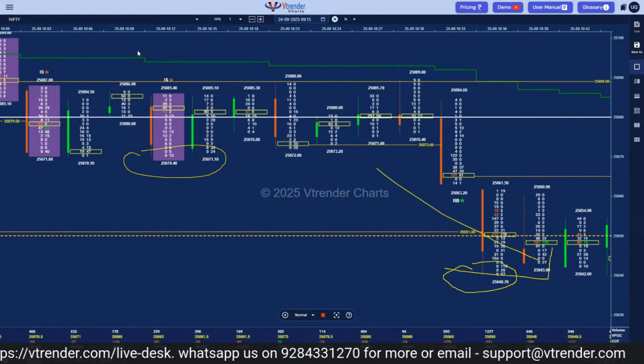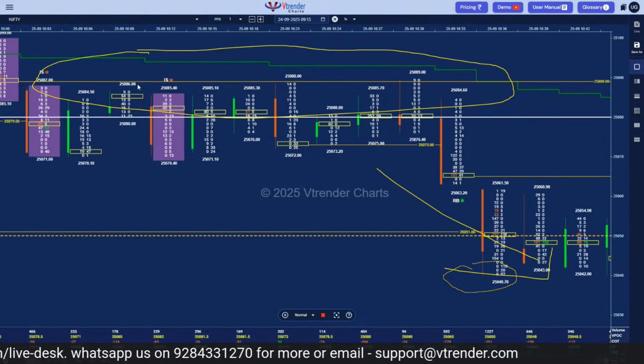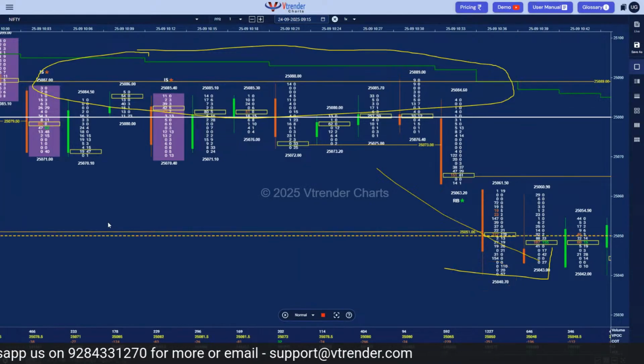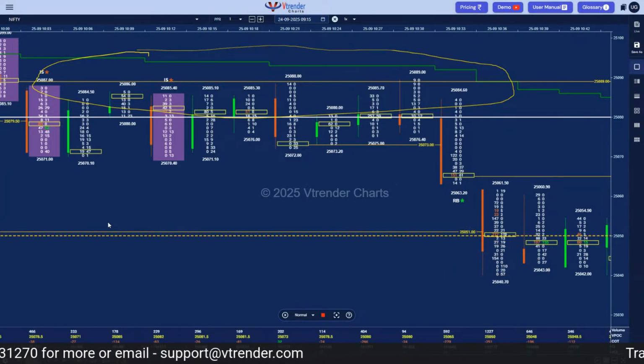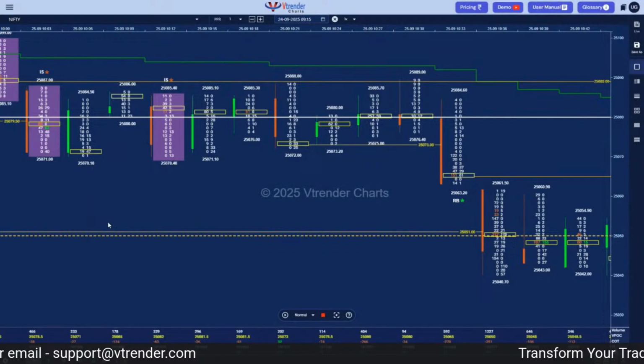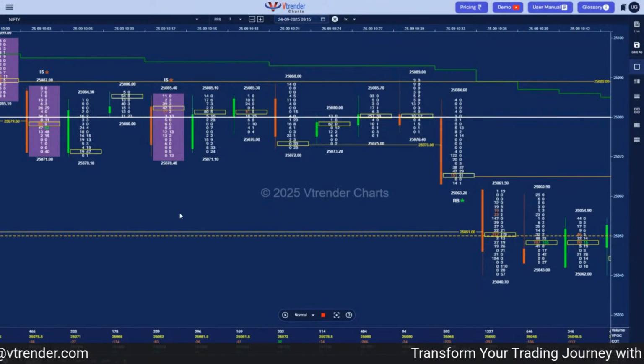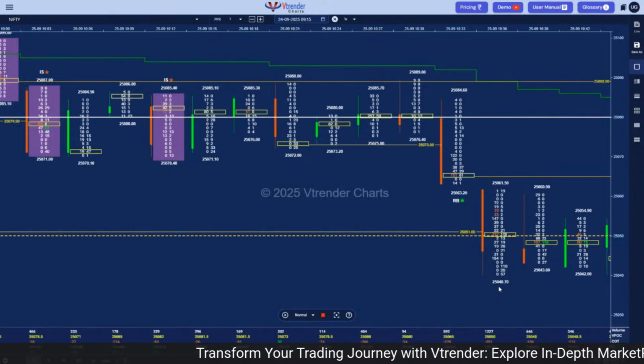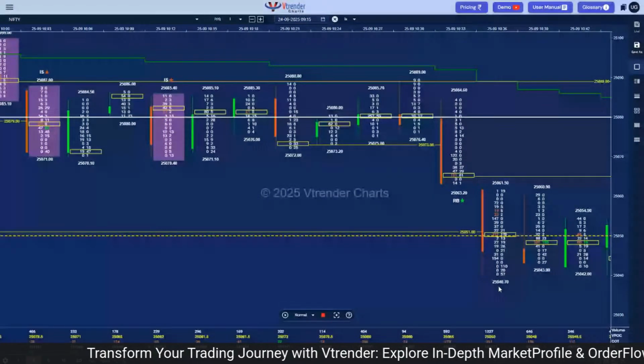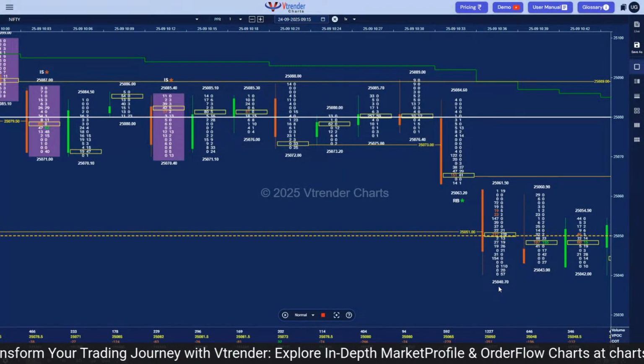And all this while we are below the VWAP. So if you are holding shorts, VWAP of the day is your sacrosanct level. That will tell you that the sellers are in control. So that is what it did. It gave us the second target, and we then look for the third target and the fourth target, which was